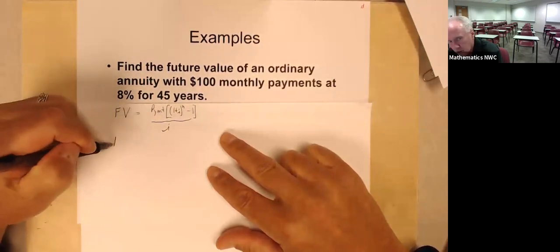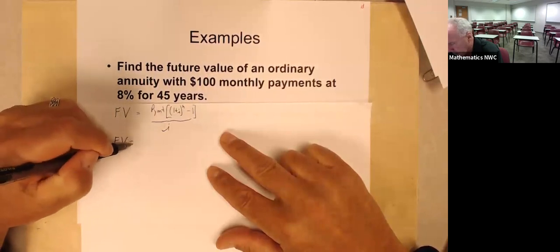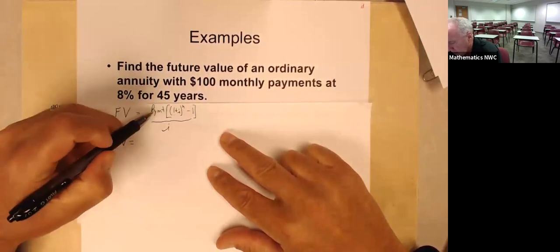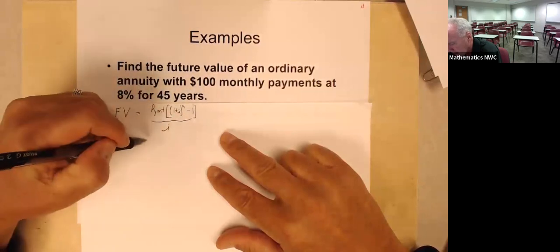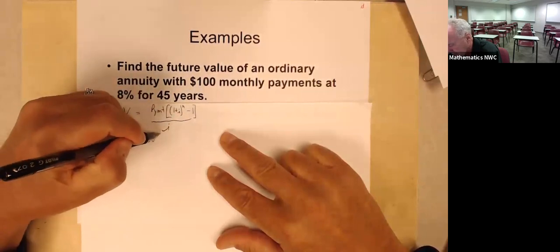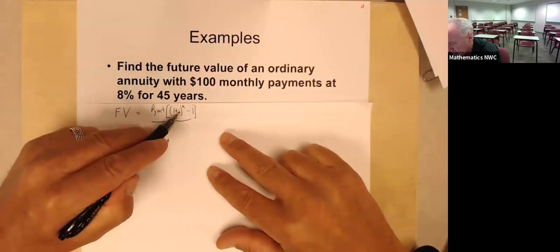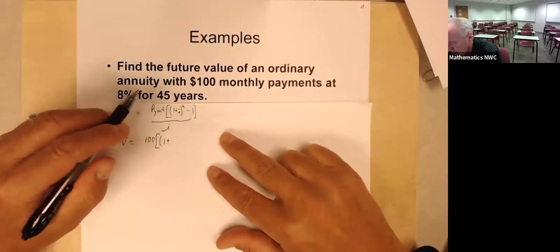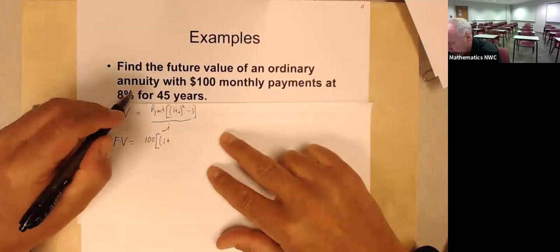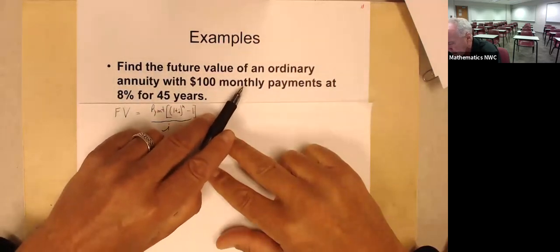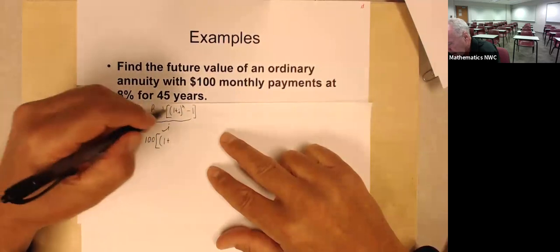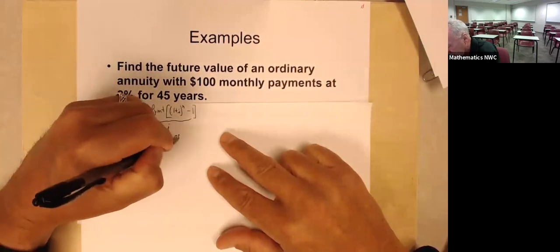Let's find the future value in this particular case. My monthly payment is $100. The I, just like we did in the previous section, is going to be my interest rate divided by how many times it's compounded. It's monthly, so it's 8% divided by 12,